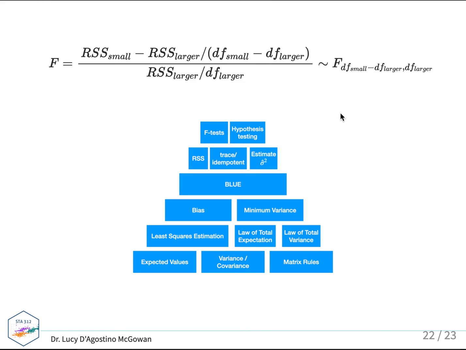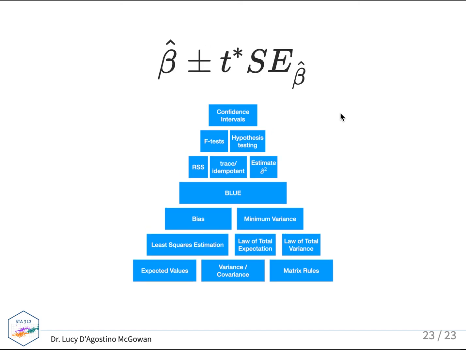either fail to reject our null hypothesis that these two models are the same, or reject our null hypothesis. And then finally, this all built up to confidence intervals, which is basically a way to